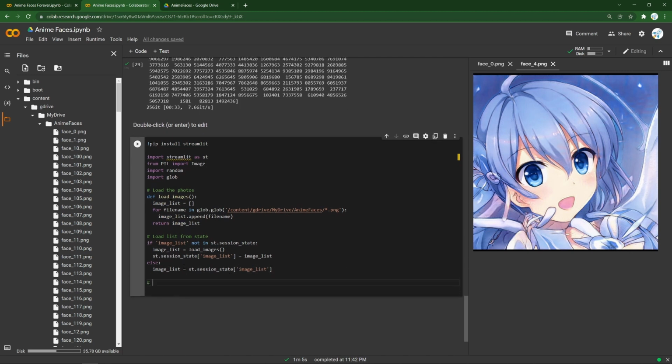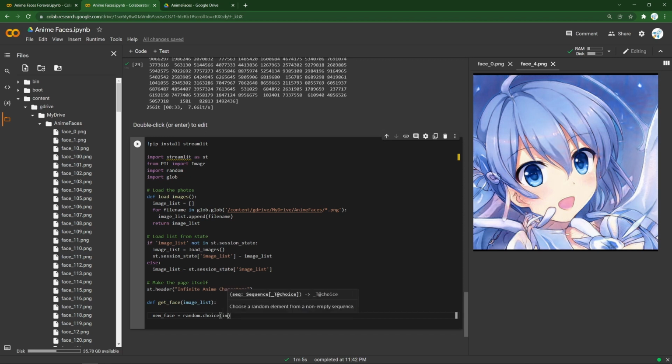Now we can use a Streamlit method here called header to give the page a header that'll show whatever title we want to give our page. And then maybe we want to define a method to get a new face. So we'll pass the image list that we've drawn from here, and we will pick a new face randomly from our image list, and the image we have will be opened,